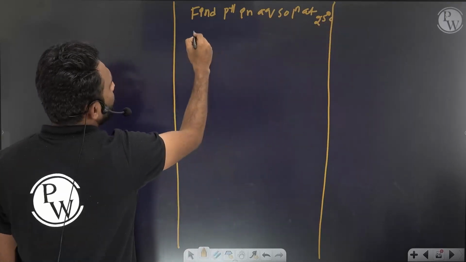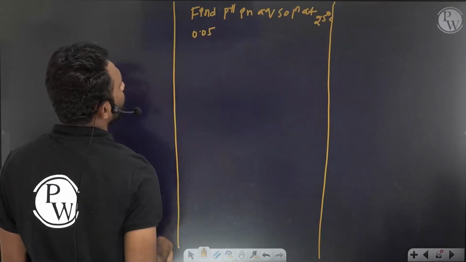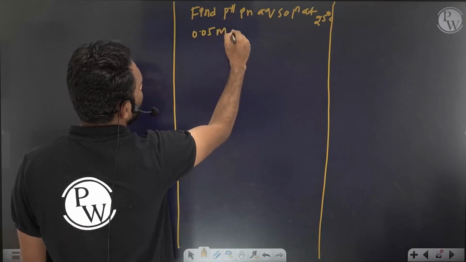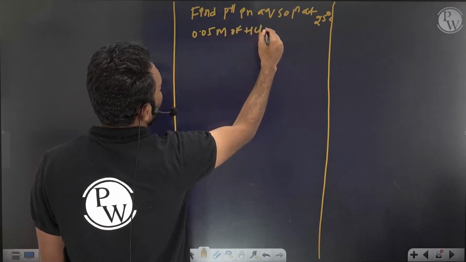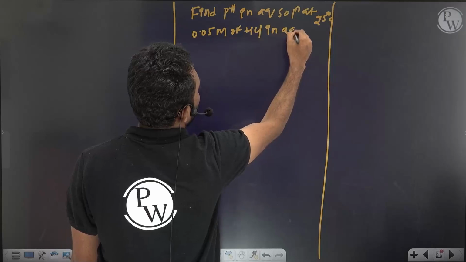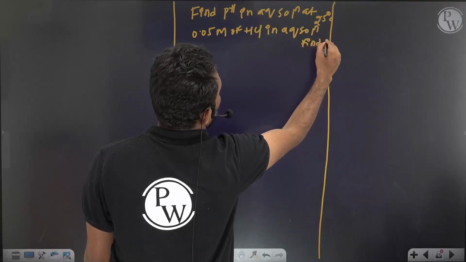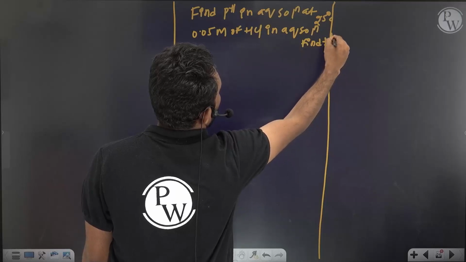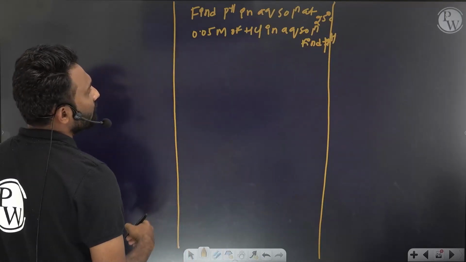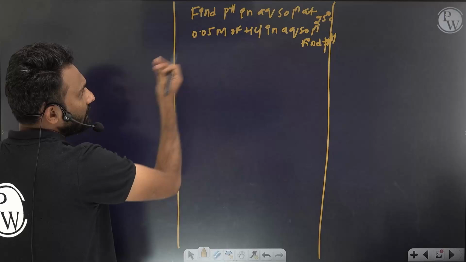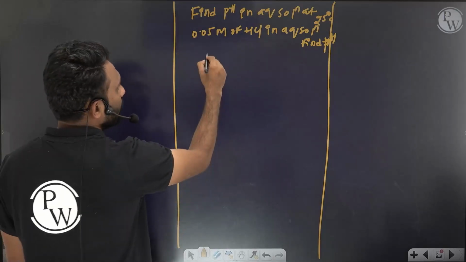Here, 0.05 molar of HCl in aqueous solution. Find the pH. How can we find it? In HCl there is H plus, so here the concentration of